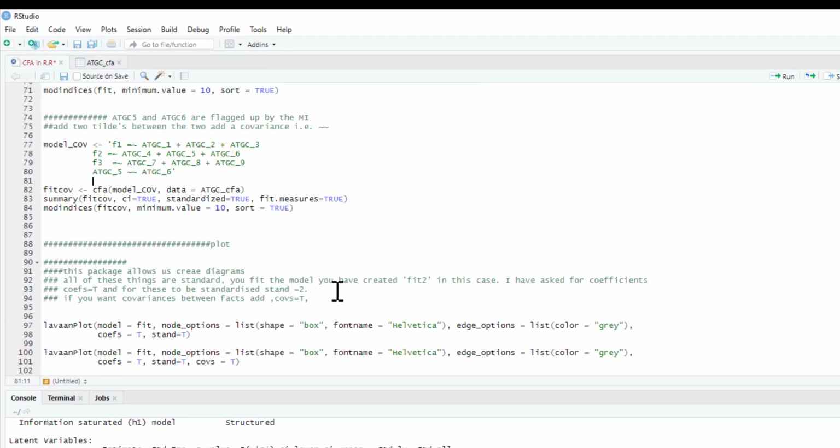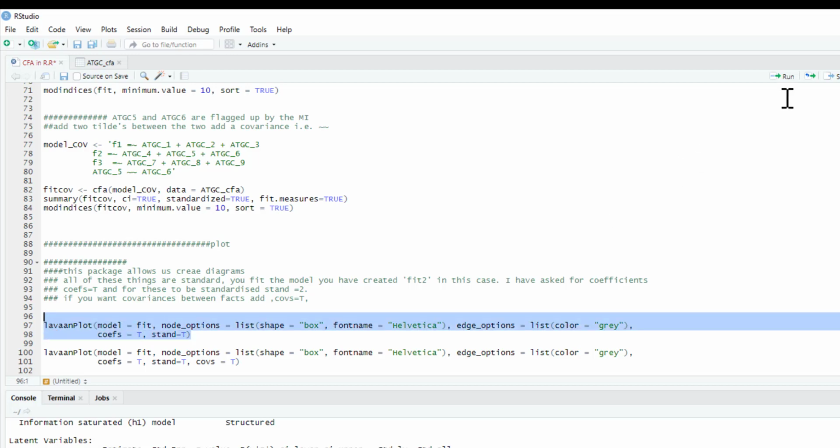The other thing we can do is a plot. You can use lavaanPlot for this. What we're going to plot is our model that we called fit. So we'll do the original one we did. And we can leave these as they are, pretty much default. So we're going to put things in a box. That's our font type. Edge options, we're going to put different colours and so on. Coefficients, yes, we're going to have the coefficients in there. We're going to put standardized ones in there, so we're going to put the betas in there. So if I run this,